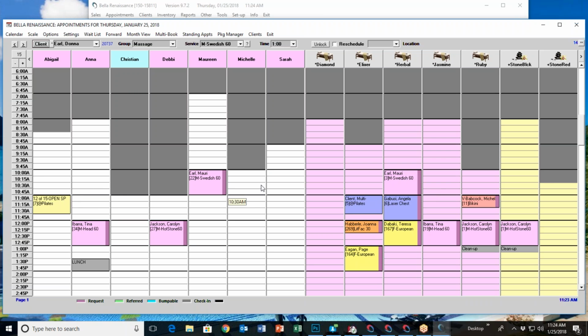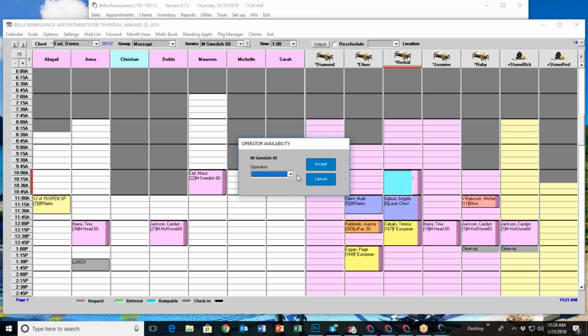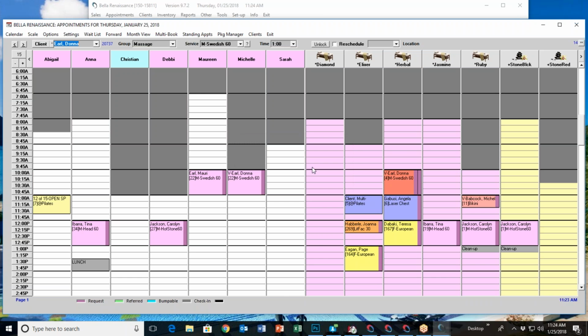So instead of choosing a person and letting it ask me what room, because I've already got the room booked and I want to do a couples massage, I'm going to do it in reverse. I just book the room. And then it'll ask me what person. So I can go with someone like Michelle. So now I've got Maury booked with Maureen for a Swedish, and I've got Donna booked with Michelle for a Swedish, and both of them are in the herbal room. So I can do a couples massage